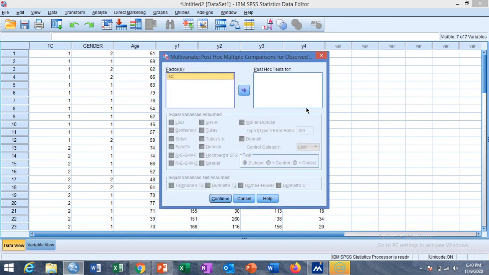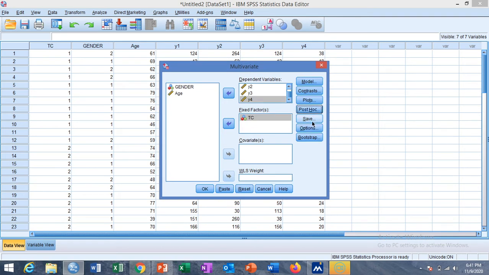You can also conduct the least significant difference test or the post hoc test using Tukey's method to compare the means between the treatment control groups. And then click on continue.